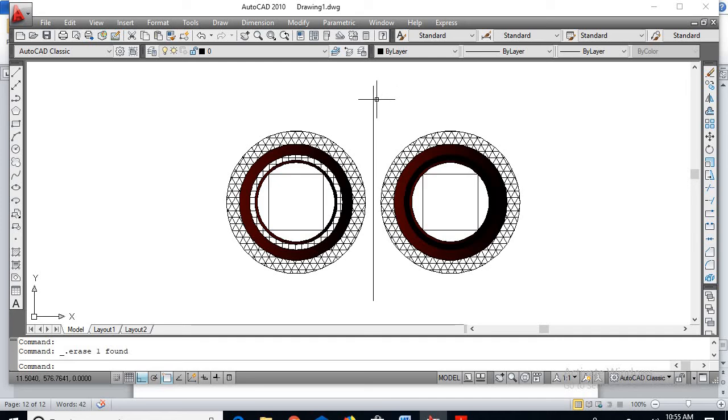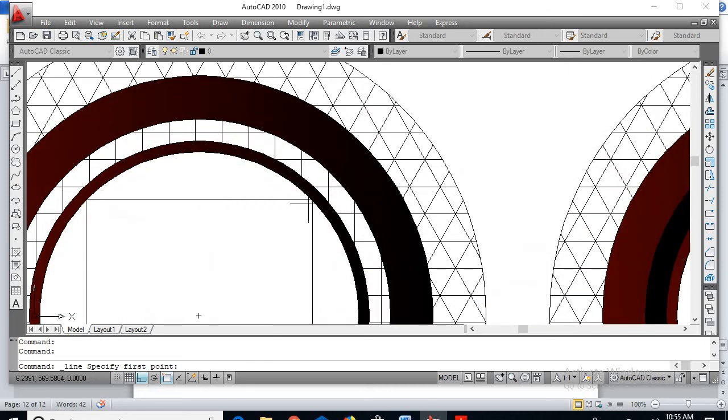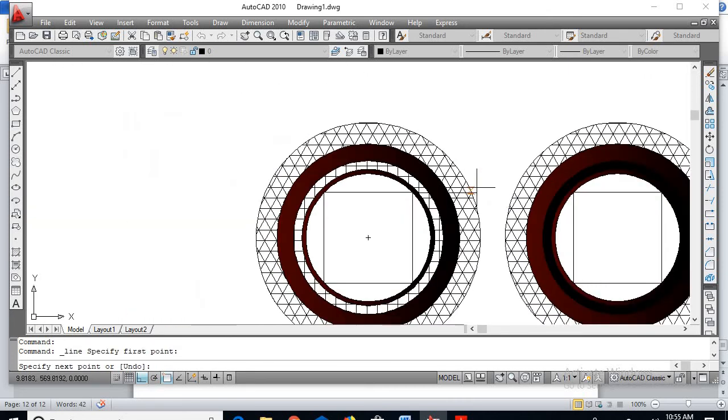So now you delete these two lines, horizontal as well as the vertical line, delete. Now go for line. So here I can see the yoke at the bottom. So draw a line from the core of the transformer, from here to this core.